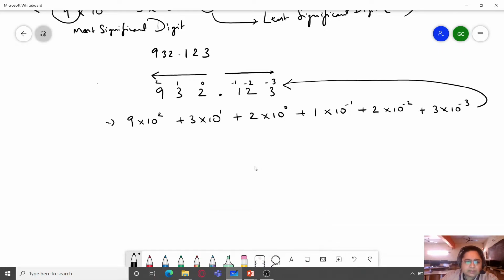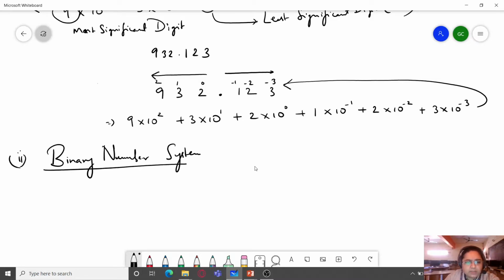Now, decimal numbers are not very suitable for computers or digital systems, because any number or any quantity would be a representation of 10 digits. So it would be very difficult to represent 10 digits using 10 different voltage levels. So we shifted towards the binary number system, which is a bit more convenient.